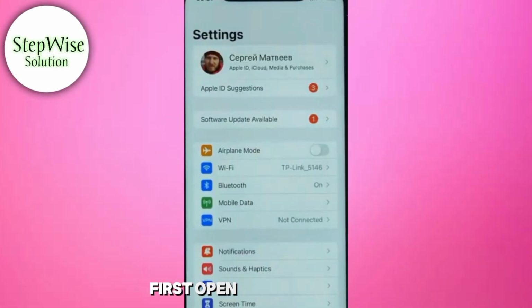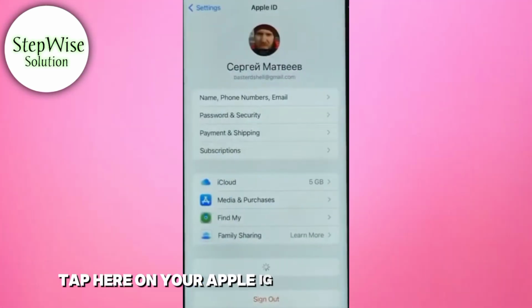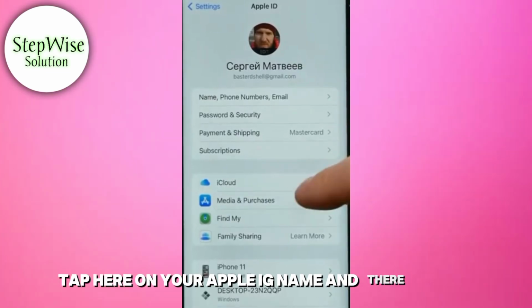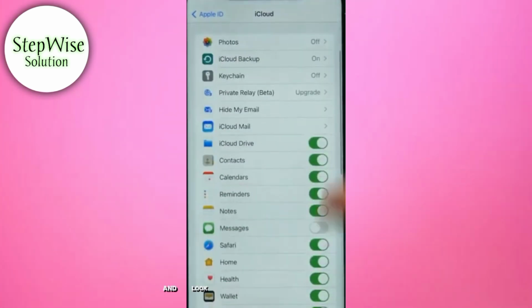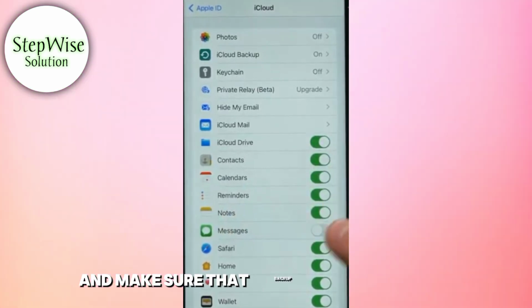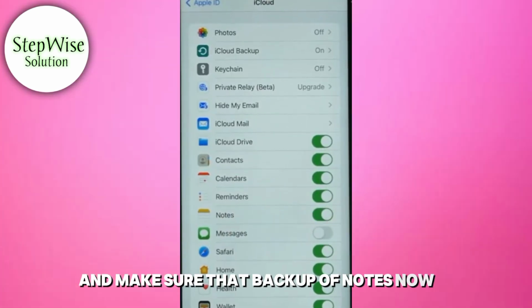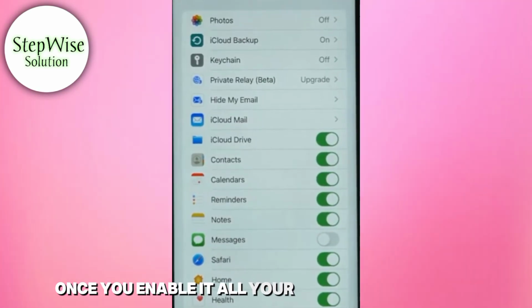So first, open up your settings. Tap here on your Apple ID name and then select iCloud. And once you are in iCloud, look for Notes here and make sure that Backup of Notes is enabled. So once you enable it, all your notes will be backed up